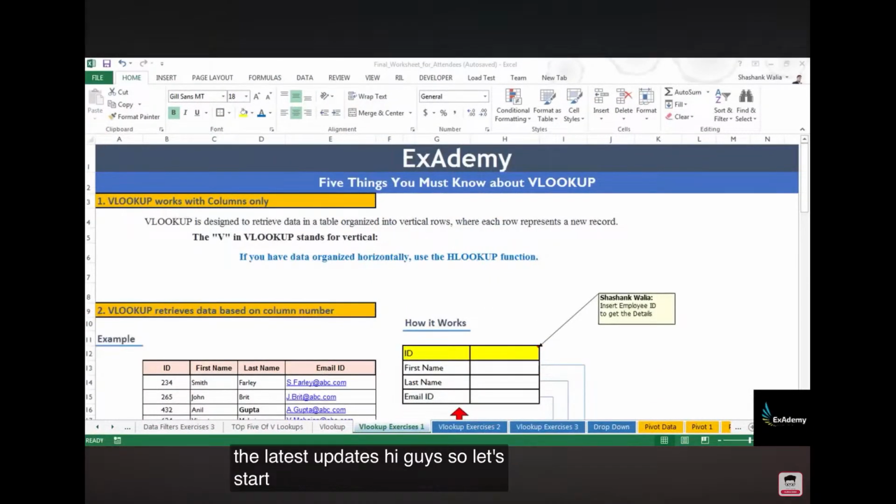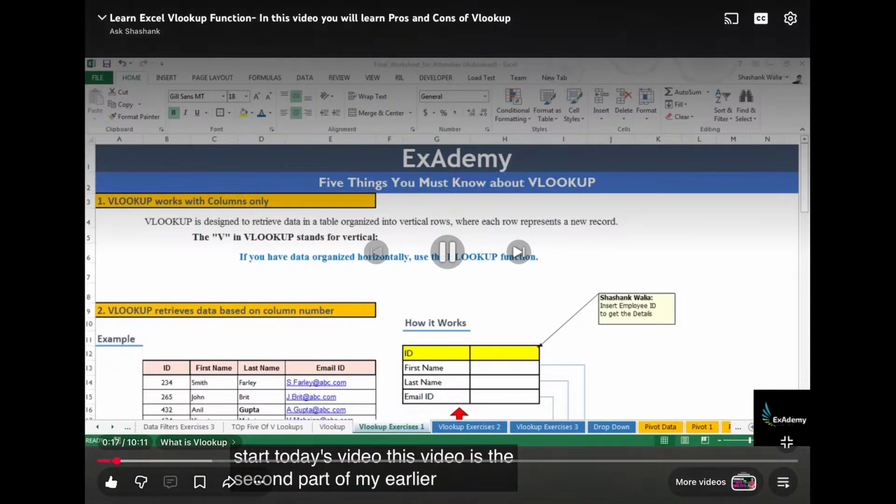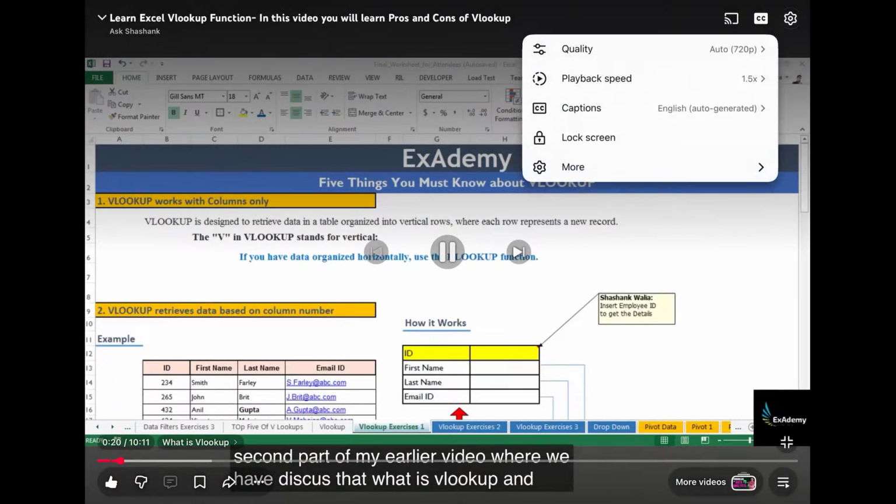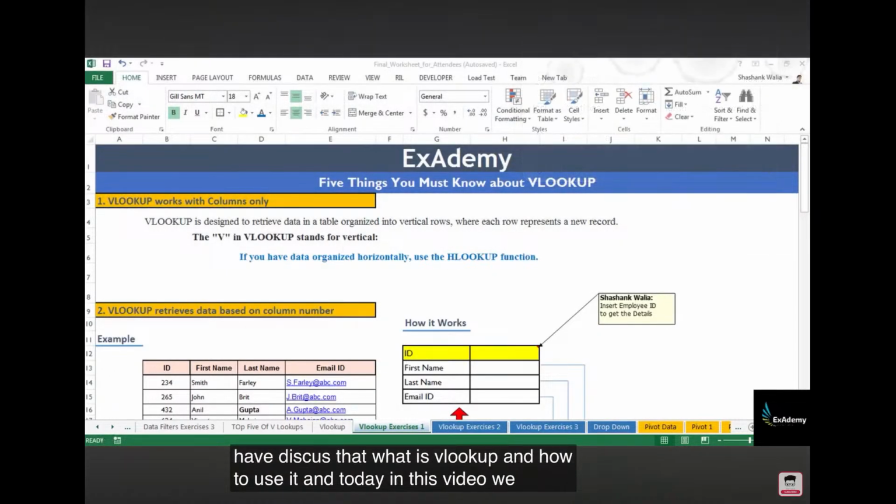Hi guys, so let's start today's video. This video is the second part of our earlier video where we discussed what VLOOKUP is and how to use it. And today in this video we will talk about the top 5 things you must know about VLOOKUP. So I suggest you watch this complete video, and at the end you will be able to use